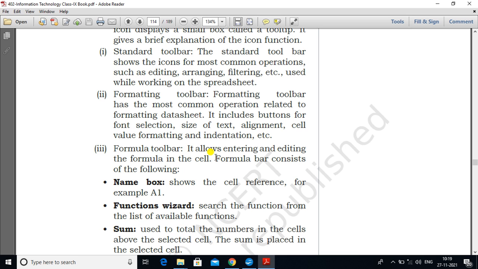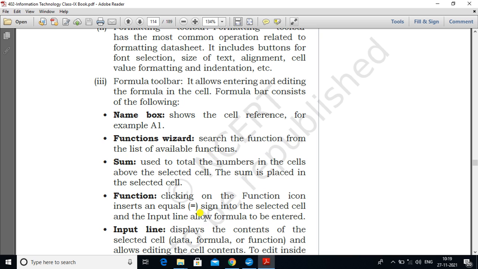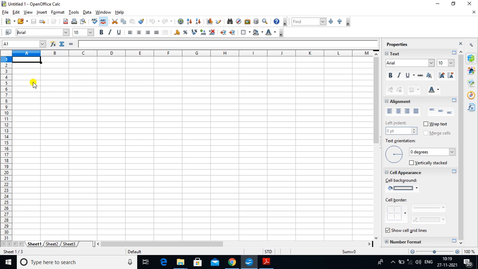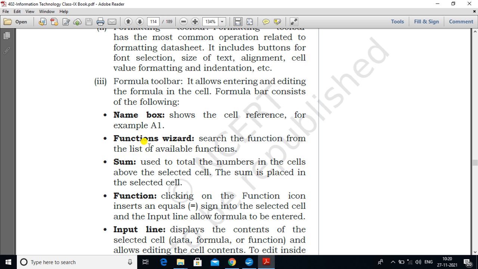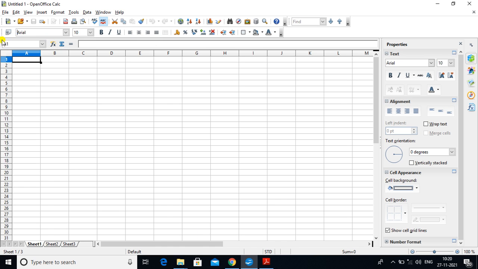The formula bar consists of the following. Okay, here one more bar is there, the formula bar. One thing here is your name box. In the formula bar, the first is the name box, which shows the cell reference, for example A1. The name box shows the reference, or the address, of the cell where your pointer is activated.